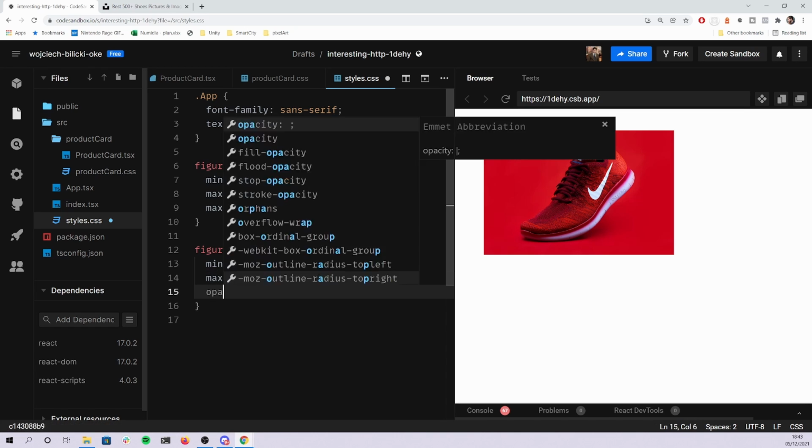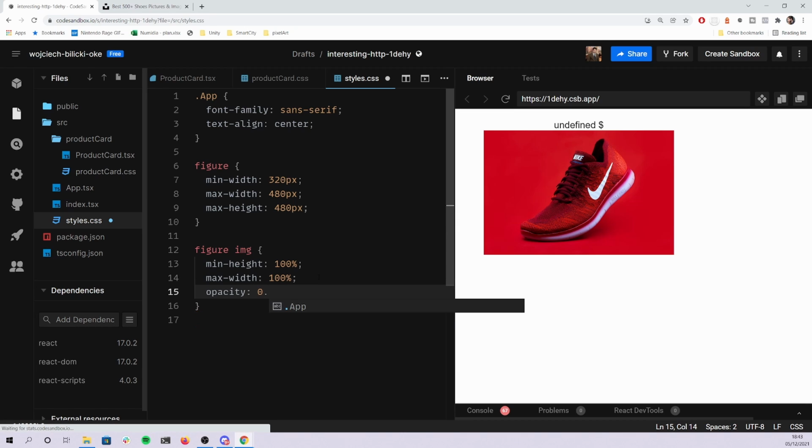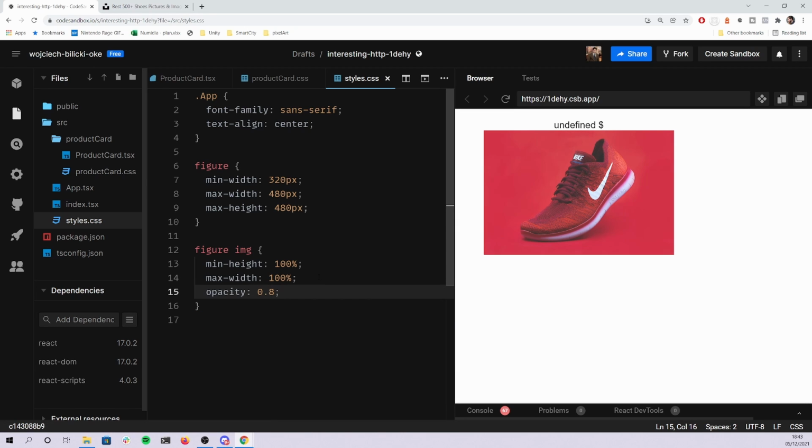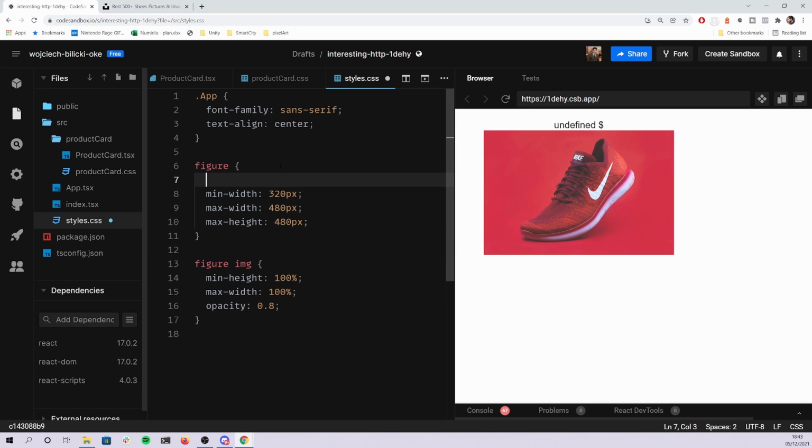I'm gonna add opacity of 0.8 to make it a little bit more transparent, just a little bit. And I'm gonna say, no, we're fine for now. I'm gonna add position relative here. Okay,